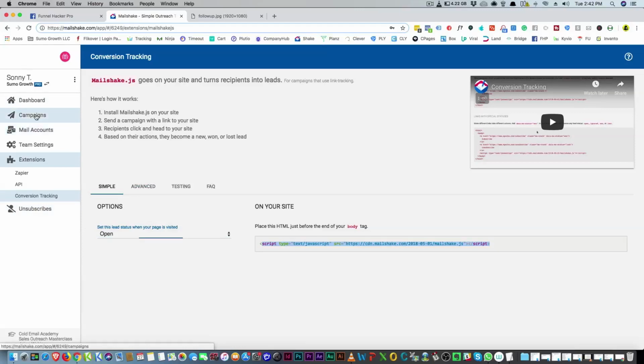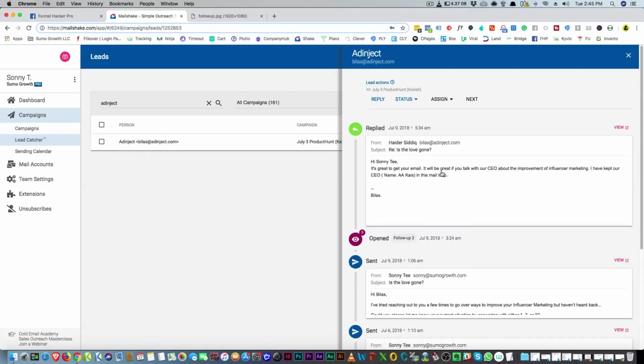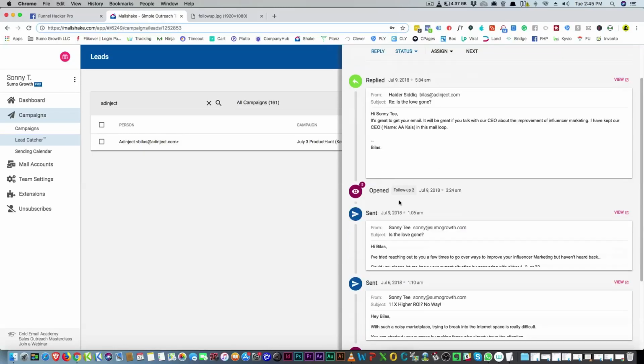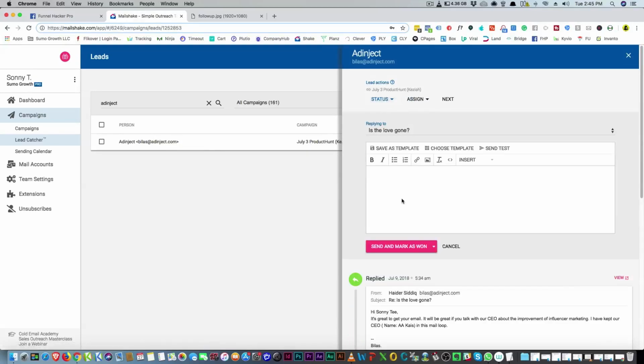So another thing I want to show you inside of campaigns, so as we go into Lead Catcher, I want to show you what's really cool and what the difference is between an autoresponder and a cold outreach tool. Here it says, hey, Sonny, great to get your email, would love to chat. Also, it shows they opened an email or if they clicked on a link, etc. But here's what's cool is you can just go right here and reply inside of here.